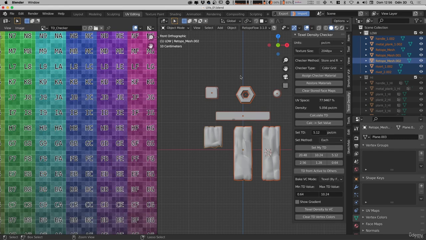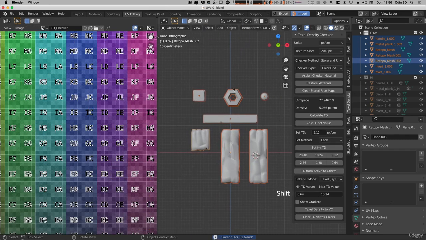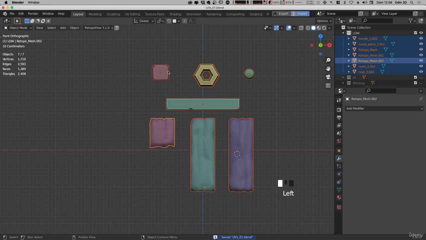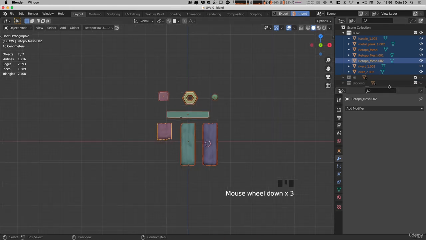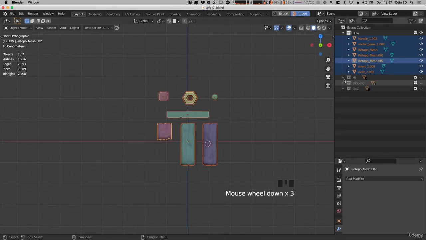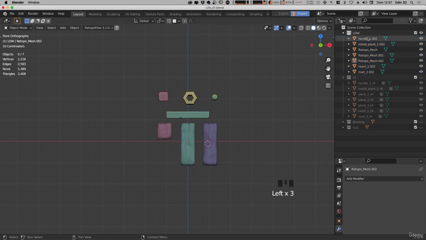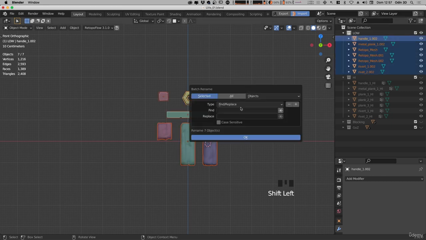Okay, so we are going to save, and what we are going to do is to export our high and low poly objects. But that said, let's make sure that it has the same name. Okay, this handle metal is okay. All these low ones don't have the low prefix. I select all of them. Control F2, and let's make it look for the